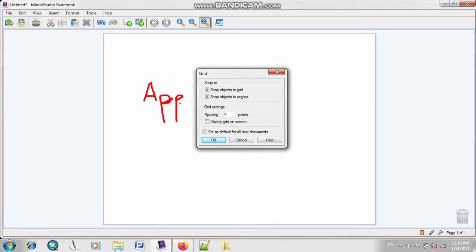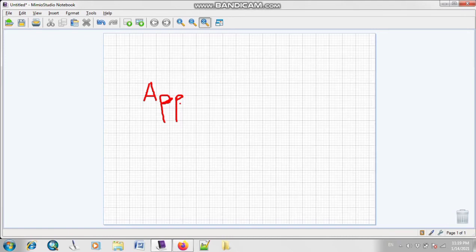You can set the interval, like 5 points or 6 points, however many you want. First of all, I will click on this option of display grid on screen and click OK. As you can see, now this is very easy for the students and for the teachers as well to write in the grid. For example, you can write here.